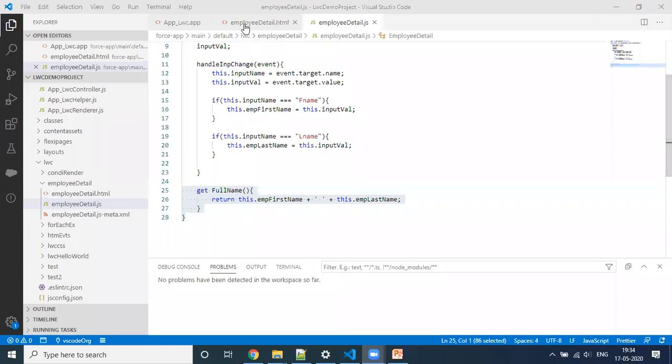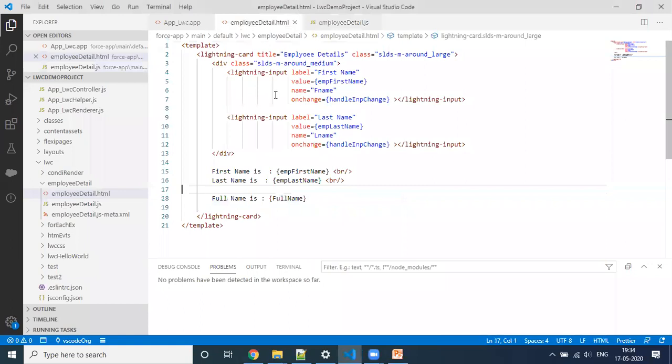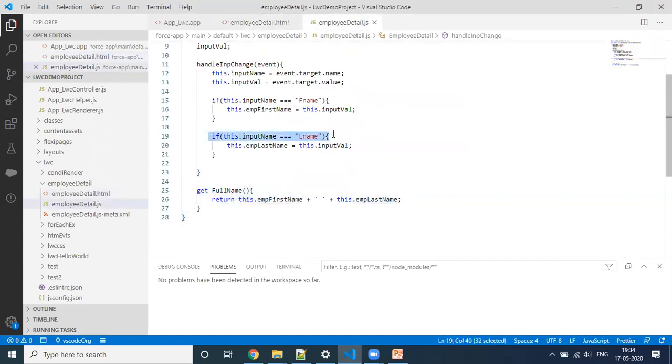See, if you're not going to define name here, then probably you may have to write a different method for every input, and that would be a bad practice. For example, if you have 100 inputs, then what will you do? You have to write a different method just to get the value of that input. So that is the reason we have defined a name here, and name is common here, and I have just given a different name. The value is different, but the attribute is the same, name. So with the name property, I have just checked the if condition, and based on that I'm getting the value. Input value is nothing but the value of that input. So based on this input name, we are getting the input value.